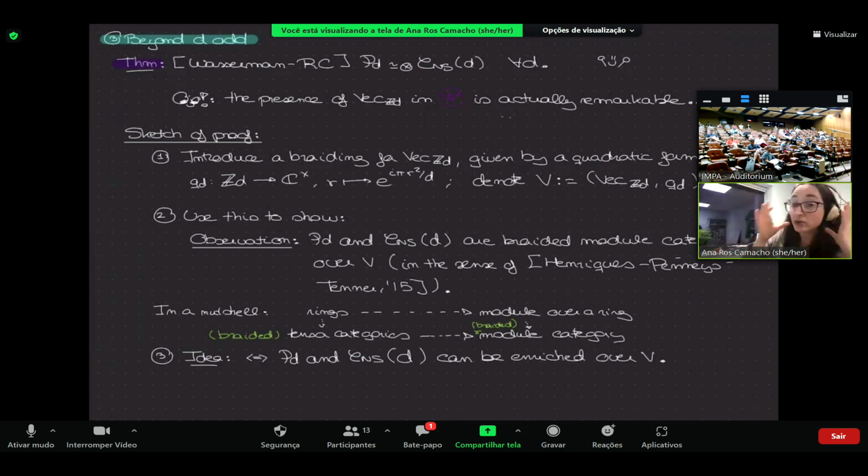Enrichments, if you never saw it, in a nutshell, it's having a category whose morphisms are objects in another category. So in this case, any morphisms I can have are braided vector spaces. By the way, let me just remark